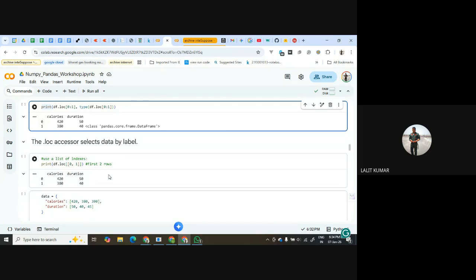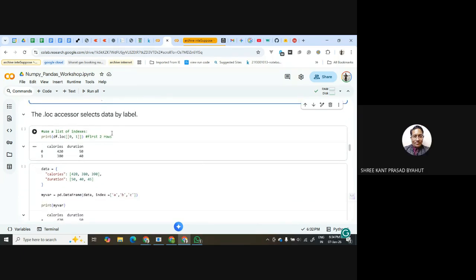Now somebody had asked me, I have a question here. Suppose there are two index columns. One column is hidden, and if you give a customized index, another column is created to show, right? Suppose we are doing some manipulations. Whether it is treated as a column, if the number of columns is required somewhere in our calculation. See, loc and iloc are always used for the rows. When you want to see a column, you will always use df.calories, df.duration.